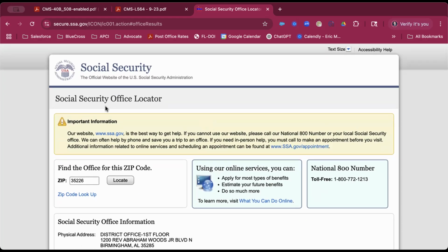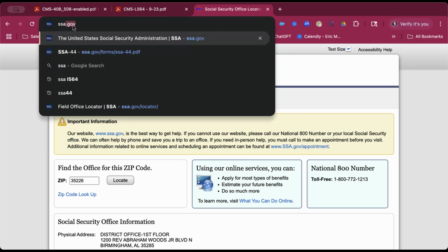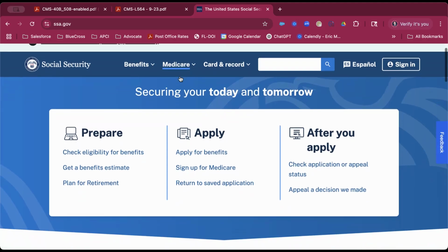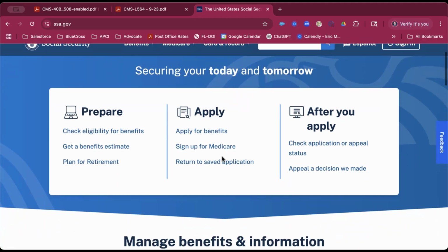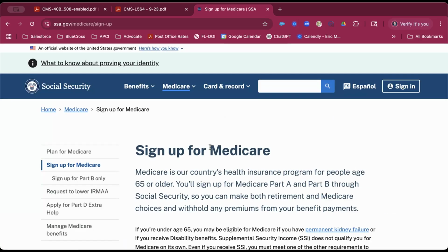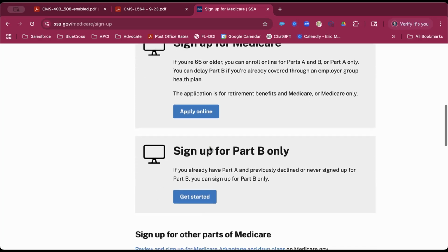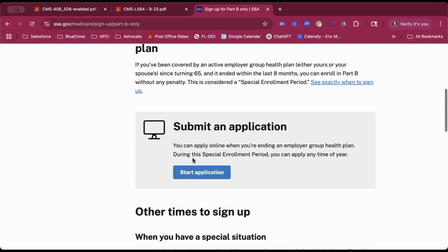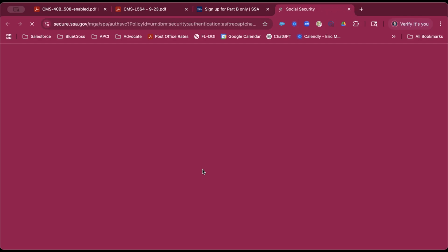All right. So if we wanted to apply for Medicare Part B without doing those forms, then you basically go to ssa.gov, you sign up for Medicare, you scroll down just a little ways, and you want to sign up for Part B only. So this is the same thing that we were just doing. This is just not needing those two forms specifically and faxing them. On this, you'll just click Get Started